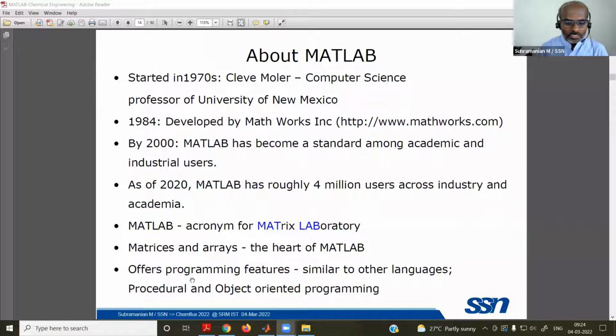Okay, matrices and arrays are the heart of MATLAB. It has programming features similar to any other OOPS software, like C or C++ or Java, but it is normally not used in that perspective. We are trying to use this for mathematical problems.